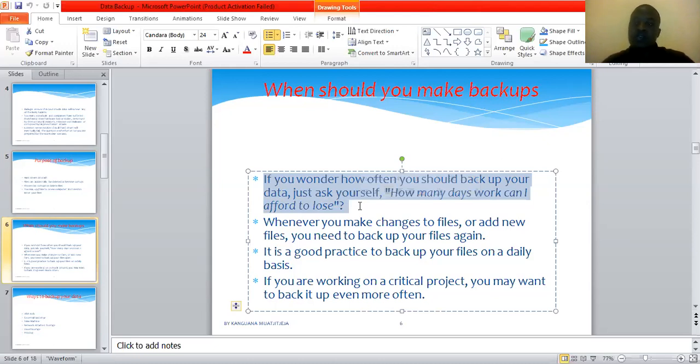So it's very, very important to back your data up, because imagine if it took you maybe two months to compile all your data, and then suddenly your hard drive crashed, or all this data was corrupted by a virus, or somebody stole the device where you stored it. Now calculate the days it took you to create this data. So it's very, very important that you back up your data